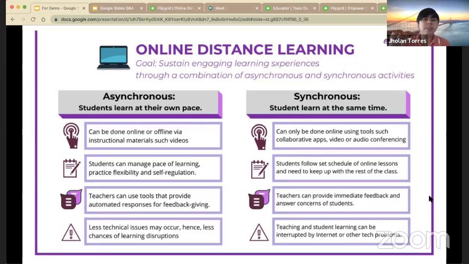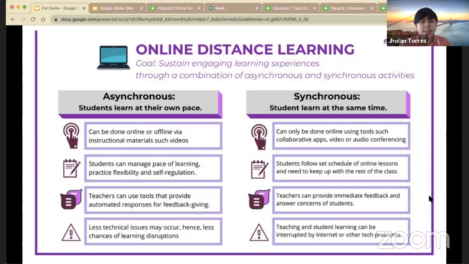You're learning at the same time. It can be done online using collaborative applications such as Google Meet, which we're going to discuss later, and audio or video conferencing applications: Google Meet, Facebook Messenger, Zoom.